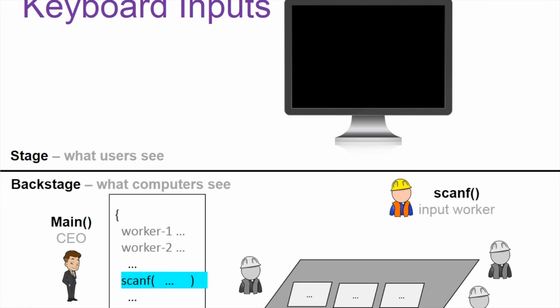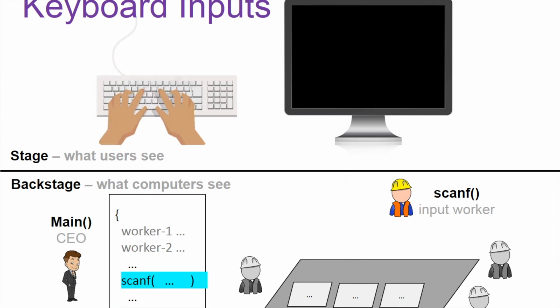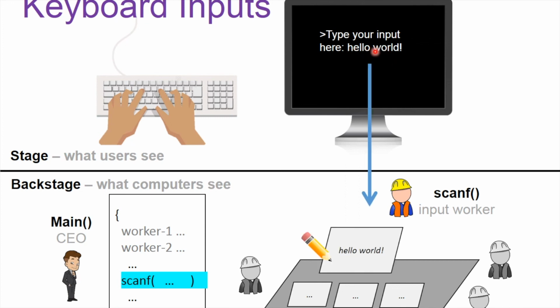This is what the scanf is doing. At first, when the main function is calling scanf, the scanf will wait for the user to input something, most of the time with the keyboard. Then the user types in something, and for example, the user has given a string, hello world. Then the scanf will copy that content to a punch card, the hello world. That means saving it to one of the variables there. In case it's a string, it will be saved to